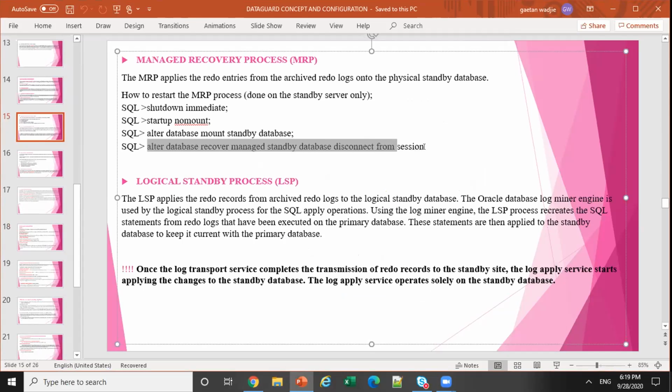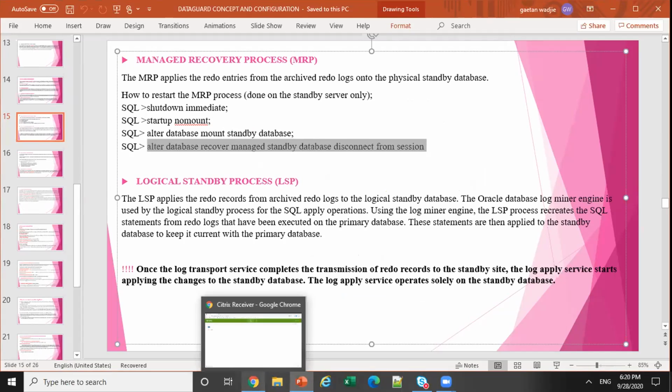Alter database recover managed standby database disconnect from session. So when some of you will be configuring Data Guard, if you issue this command, you are asking the MRP to be reading from the archive. Maybe slower. Maybe for you, you see that as faster, but it'll be a bit slower. But if you want to be real-time apply,